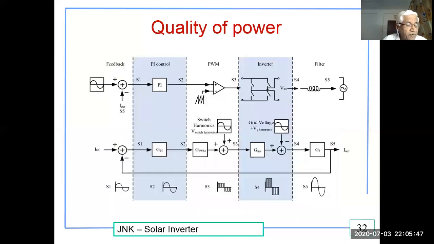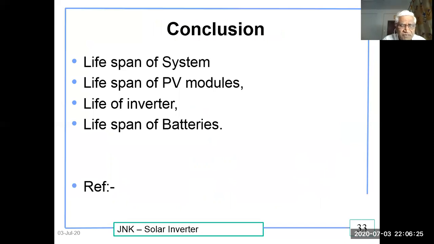Now, regarding quality, engineers are working to increase the life of the inverter, the crucial power electronic device in the system. If you are able to improve the quality of all the components, the way in which they are soldered, the way in which they are fitted, the way in which the system is processed in the production line, the quality will improve. So the life of the components as well as the system will improve, which is very much required for us. Now you can see the lifespan of the system.